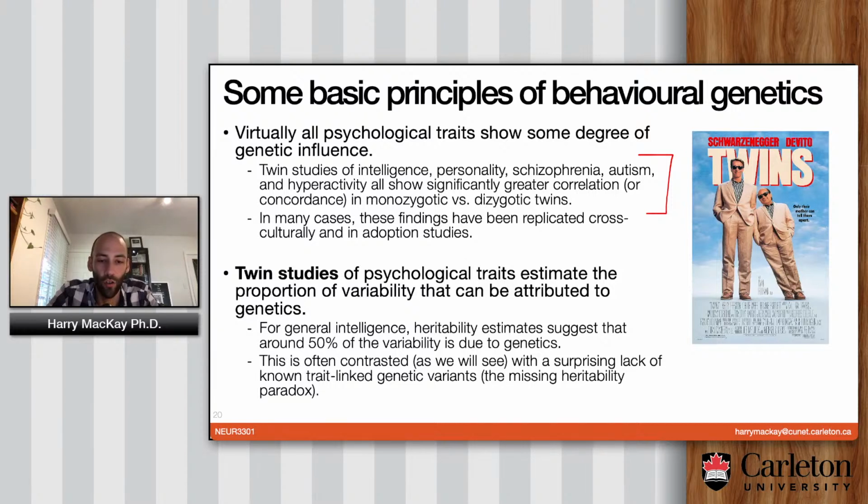This is often contrasted, and we're going to learn about this. The heritability estimated by twin studies is quite high typically. Intelligence is 50%. If you look at the actual genetics using genome-wide methods, the kind that we're going to focus on, the actual amount that the genetics we know about can explain is maybe closer to 4 or 5%. So the heritability of intelligence is either really, really high, or there's a big mistake in how these studies are done. But in any case, it's quite controversial, and this is called the missing heritability paradox.